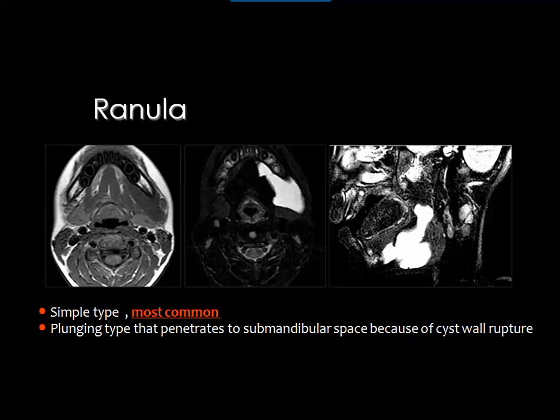ranula which is branching or penetrating or extending into the submandibular space. Here you see there is a lesion which is of low signal in the T1 and high signal in the T2. In the sagittal image you can see that the lesion is branching and extending into the submandibular space. This is the submandibular salivary gland, and this is the opposite one, and you can see the extension of the